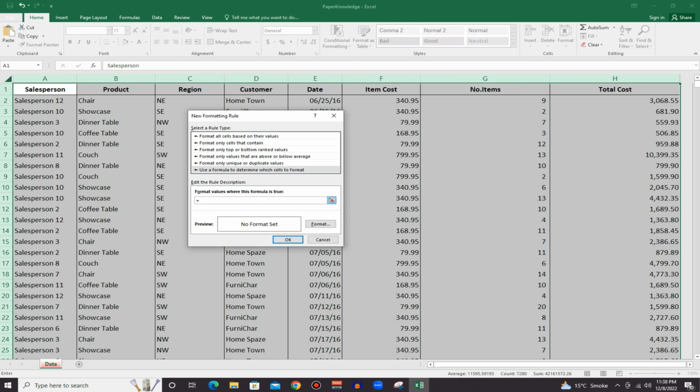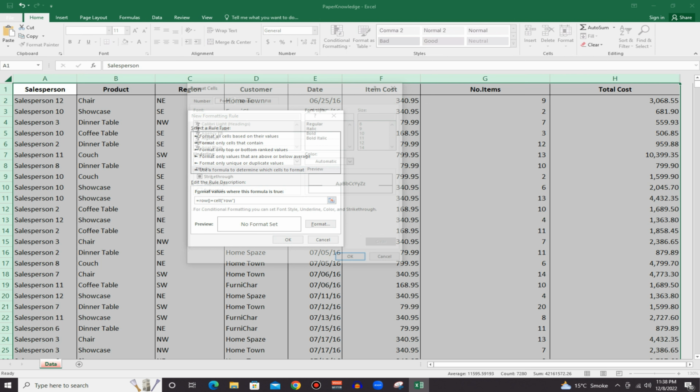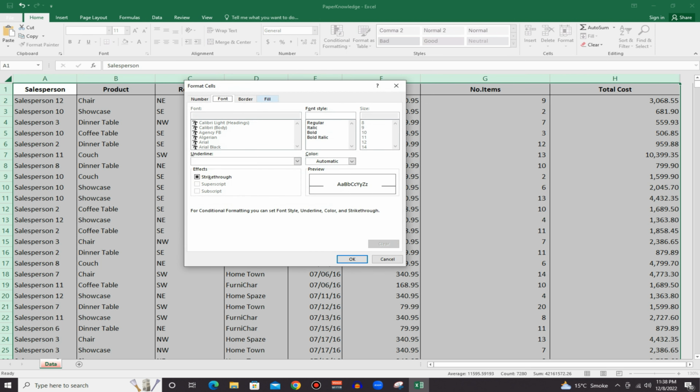You can remember this formula by yourself, or you can also find this formula in the description of this video, so you don't need to worry about this. I'm typing the formula here. So this is the formula, and now click on the format, and here you have to click on the fill